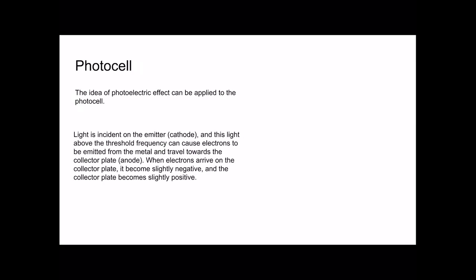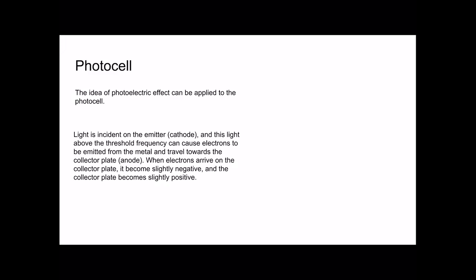So this is when light is incident on the emitter plate. The emitter plate is basically a metal plate, which has electrons and positively charged metal nuclei. When light is incident on this metal, photons have a specific energy, and this energy can be absorbed by the electrons. The electrons can be emitted if the frequency of this light is bigger than the threshold frequency for the metal. These electrons can be ejected, and then they can travel to the collector plate,